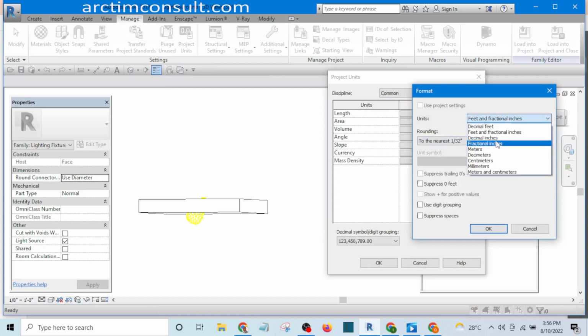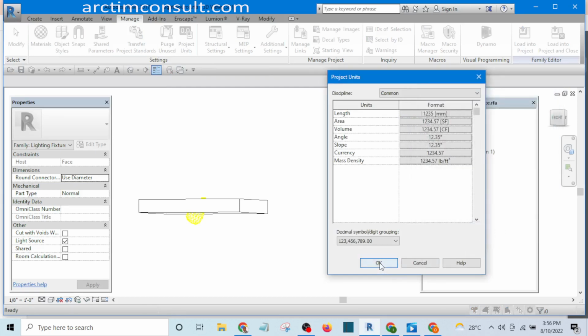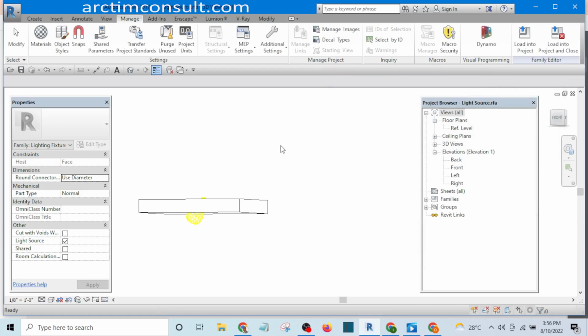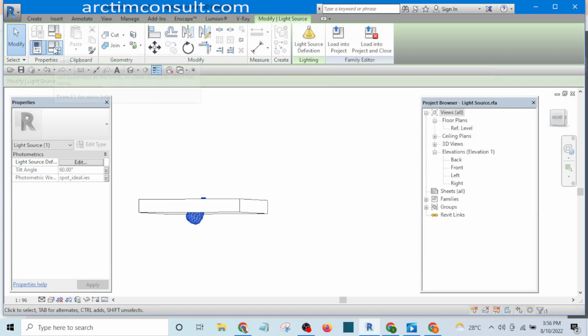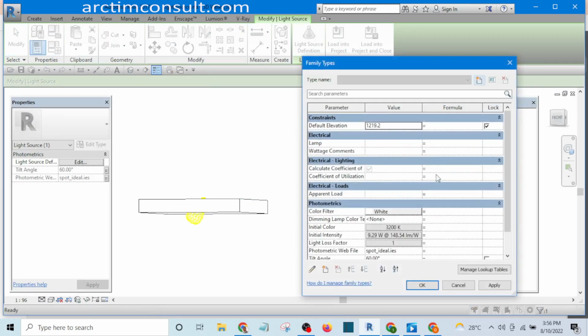Let's change it to millimeter and click OK, click OK. All right, so I select this one now and go to family type, and the default elevation I like to use 1500 mm,